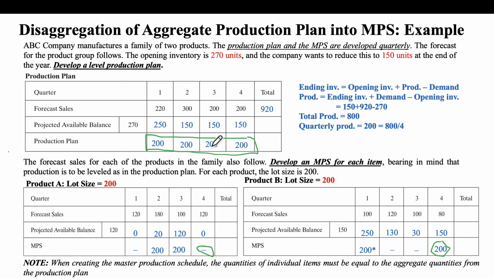any condition. And the second condition was that ending inventory must have been 150 units. So this is period number 4, that's the last period, and ending inventory is 150 units. So we need to see, is this condition met or not met? Combined together, this is 0 and this is 150, and the total is 150, which means this condition is